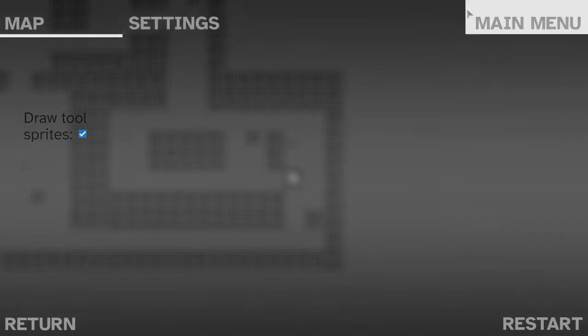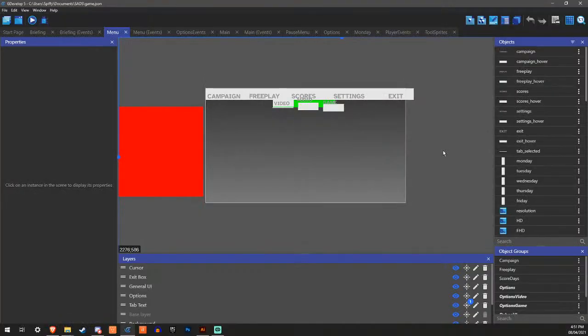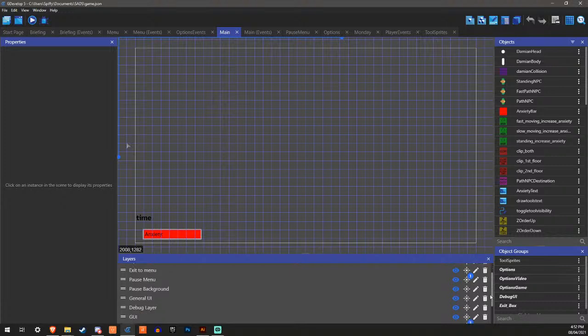One thing I could work on, because I can't work on the levels at the moment because of the tile support. I could work on them, but I can't actually make them. But I could start doing the effects around the screen when the anxiety gets up really high. It's just knowing what layers to put that on. I've got tons of layers.